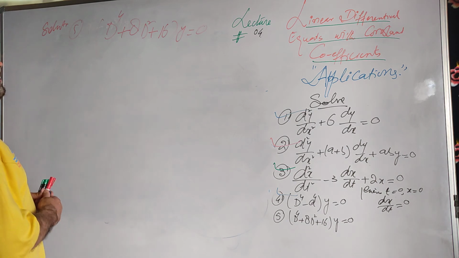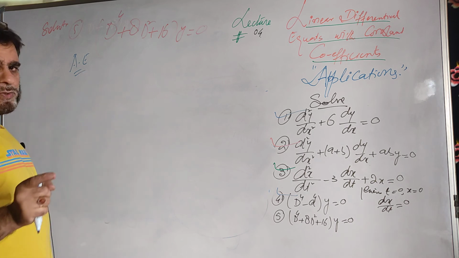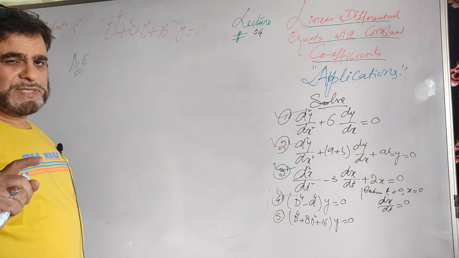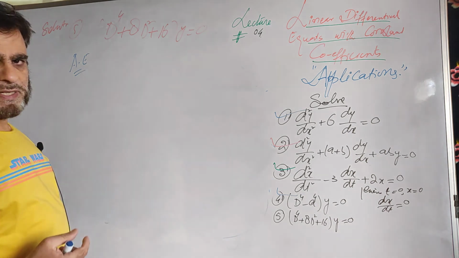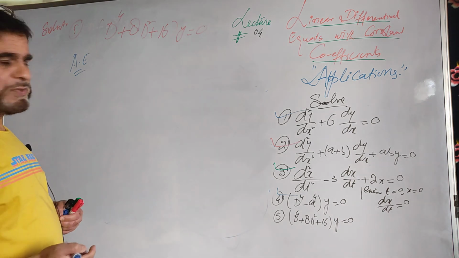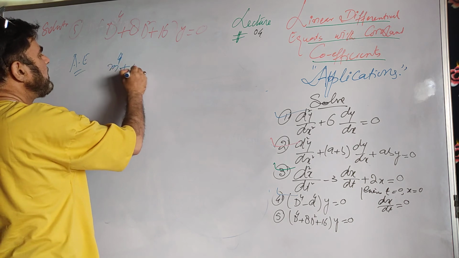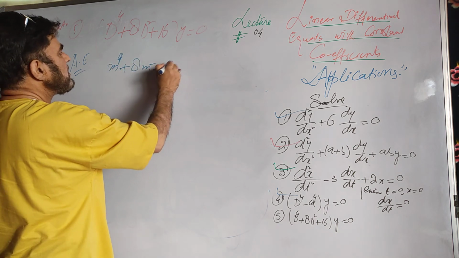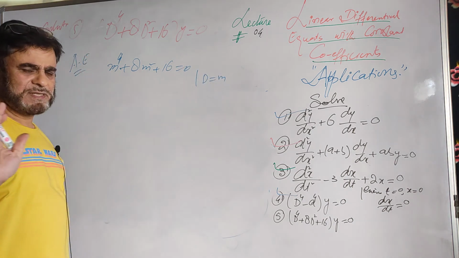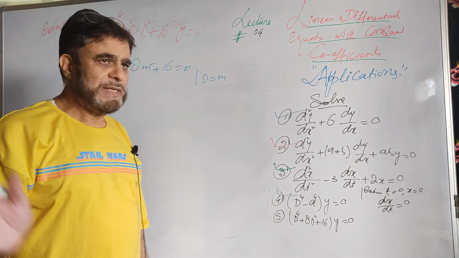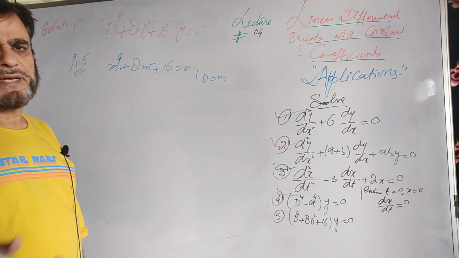So you can write here the auxiliary equation. I have already told you sometimes we give the value to D as m for the auxiliary equation. In most books you will find that, so let me use that here so that you will not get confused. So the auxiliary equation you may write as m^4 + 8m^2 + 16 = 0. We are simply replacing D by m, as I have already discussed in previous lectures.